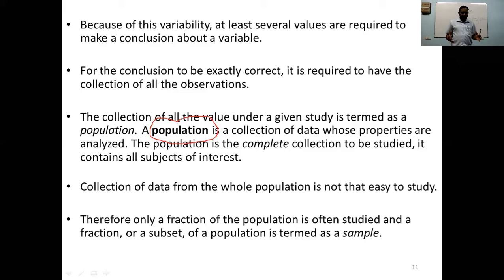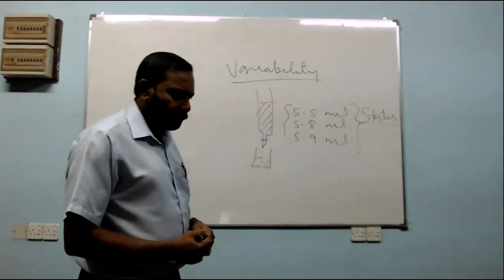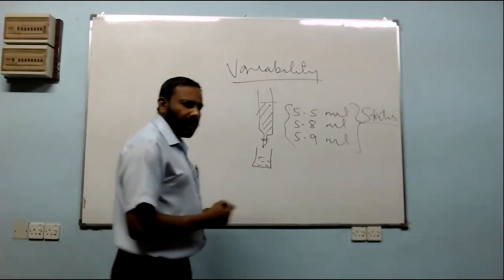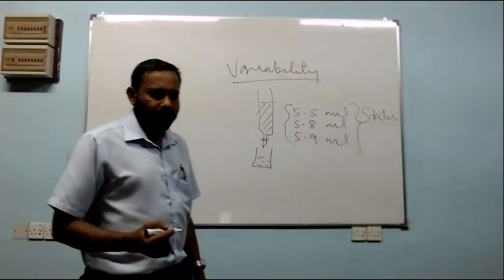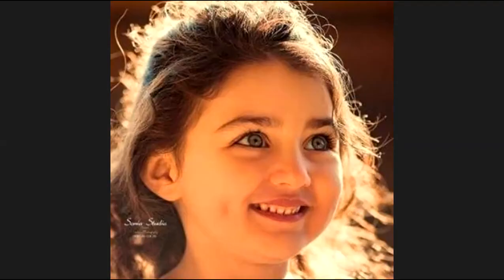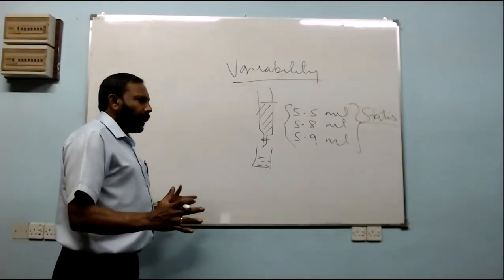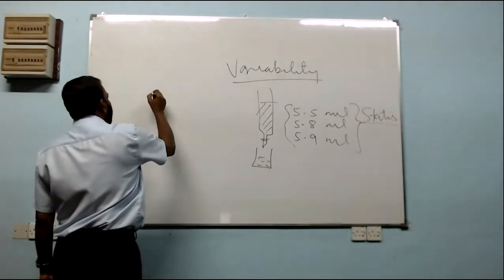For example, in your class, how many students are there? Batch rep Jeffrey is not around, I think. 83. There are 83 students in the whole class, right? Right, fine. Now, I am going to study the average